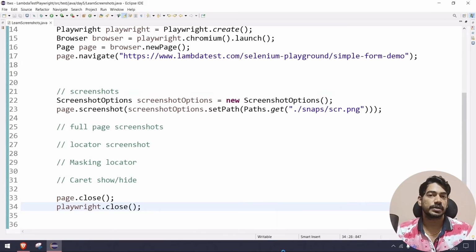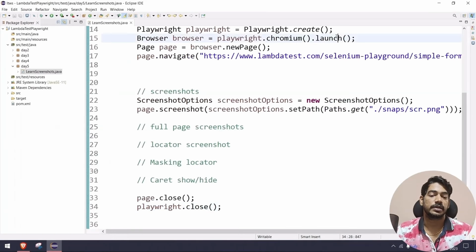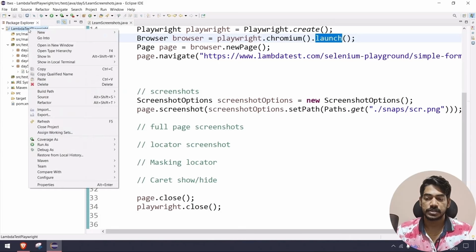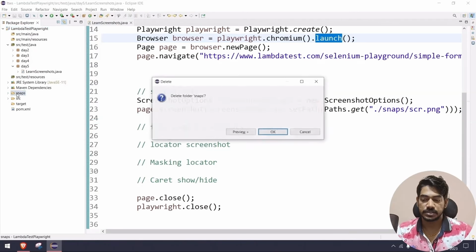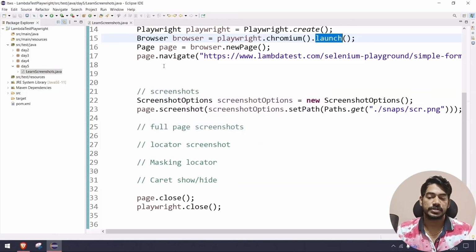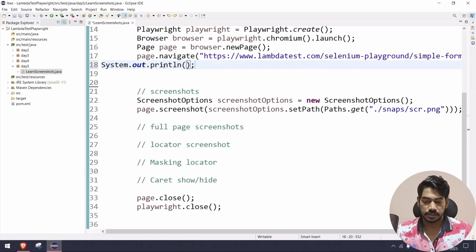It's going to be very quick. It will just open the browser, take the screenshot, and close the browser. It will not even visibly open and close the browser because we are running in headless mode. That means we can take our screenshot both in head as well as headless mode. If I go to my project and right-click and refresh, you can see now we got the folder called snaps. I'm going to delete this,